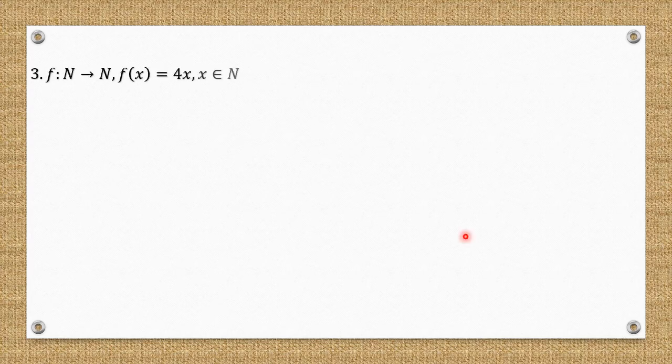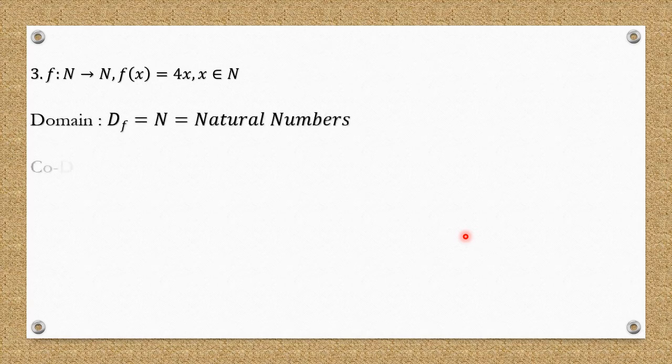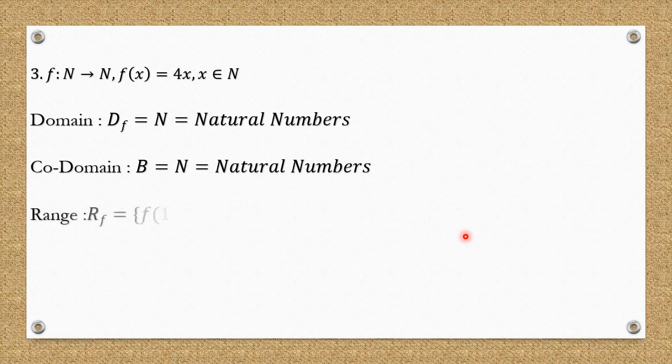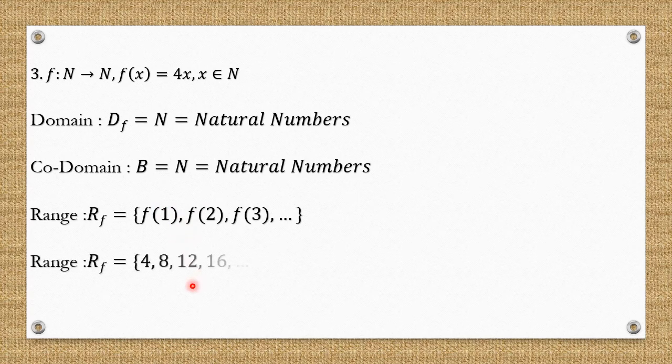F is a function from N to N. That means the domain and codomain both are natural numbers. The relationship given in the question is 4x. That is, the domain should be multiplied with 4 to get the codomain here. Naturally, if I am going to write the range for this, I can start with f1 naturally, because that's the first value in the natural numbers, then f2, f3, and the function here is just 4 times the original value. So naturally my values here will be 4, 8, 12, 16 and dot dot dot